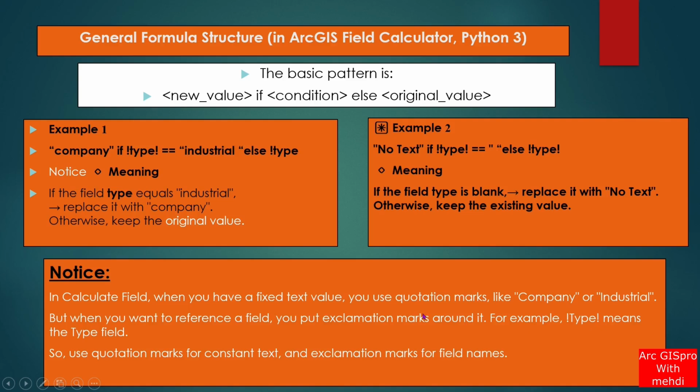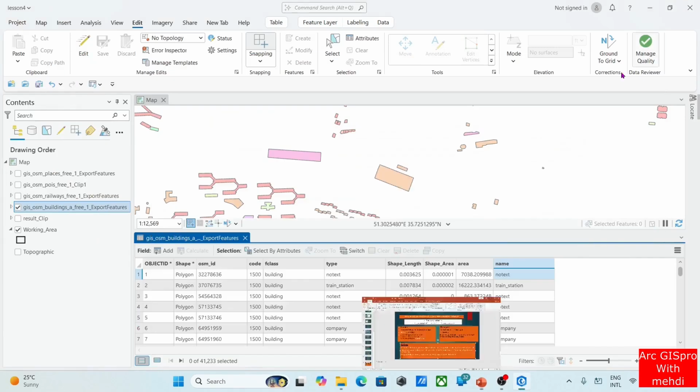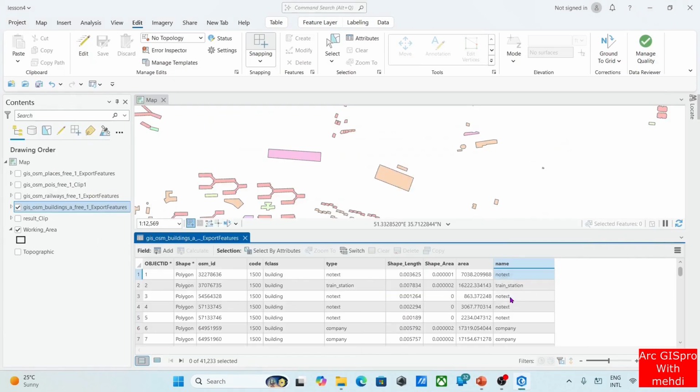And as we discussed in two examples in the previous steps in our lesson, and